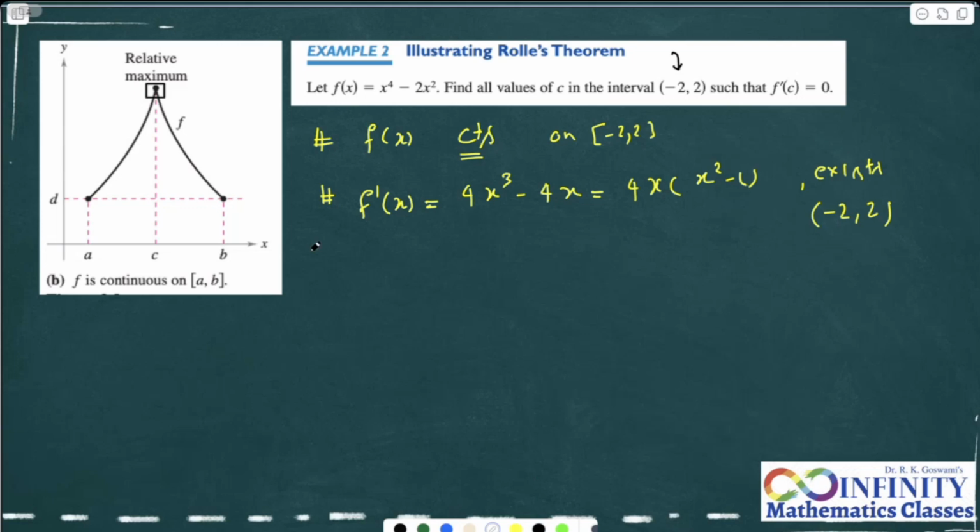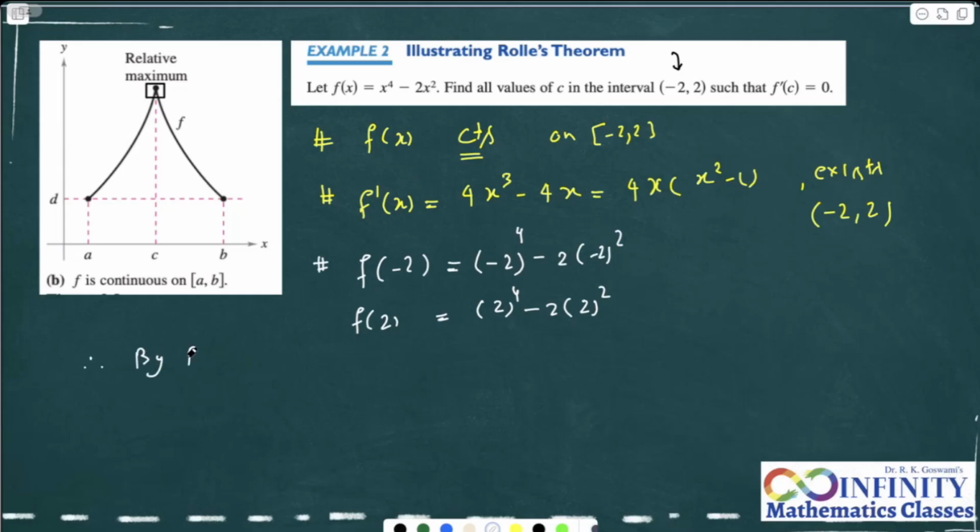Third statement: in order to check the condition, I need to check the value at -2. And look, the function is an even function. Can you please help me with the values of f(2) and f(-2)? I think they are going to be the same, so no need to calculate the values, but they are going to be the same. Therefore, all the conditions of Rolle's theorem are satisfied. So, by Rolle's theorem,